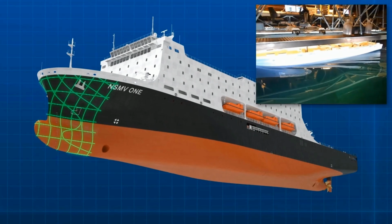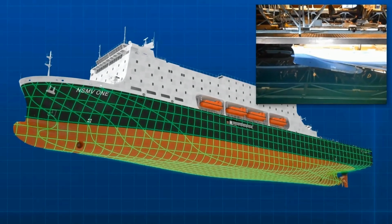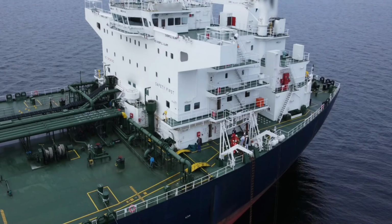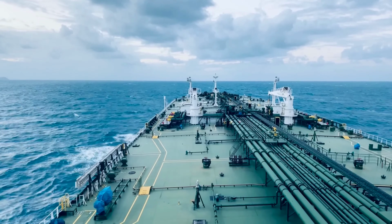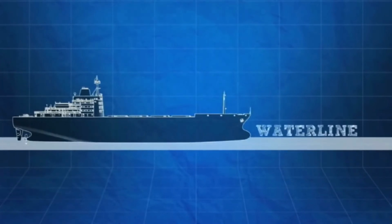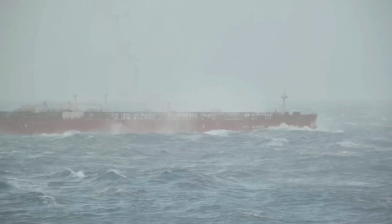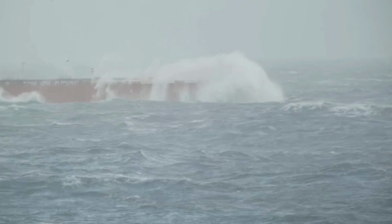A structural feature contributing to stability is the keel, which forms the backbone of the ship and runs along its centerline. The keel provides strength and rigidity to the ship's hull and acts as a counterweight to help maintain its balance. Another key element in maintaining ship stability is the freeboard. This is the distance between the waterline and the main deck of the ship. The greater the freeboard, the more reserve buoyancy the ship has, allowing it to better handle rough seas and adverse